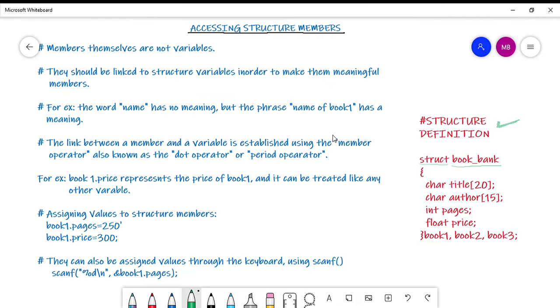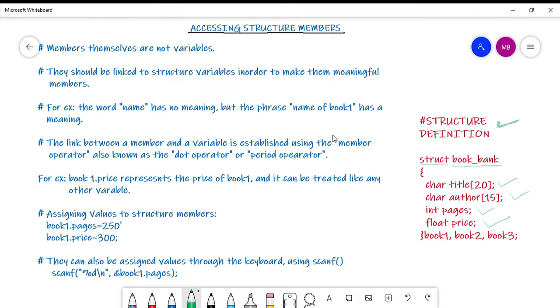Then within the opening and closing parenthesis, you gave the names of the structure members. So these were the actual structure members like char title, char author, int pages, float price. These are all the structure members, right?